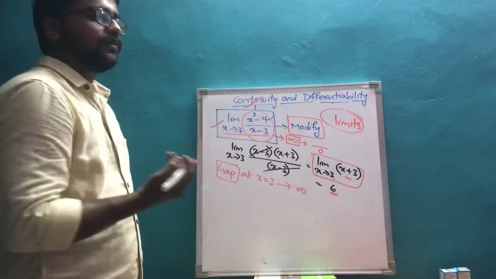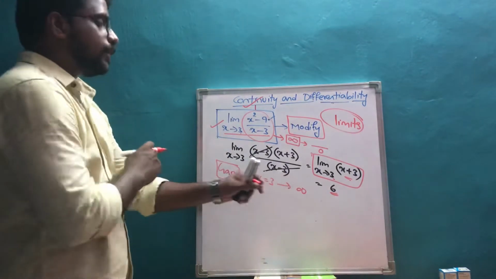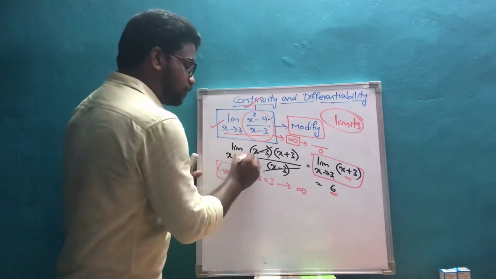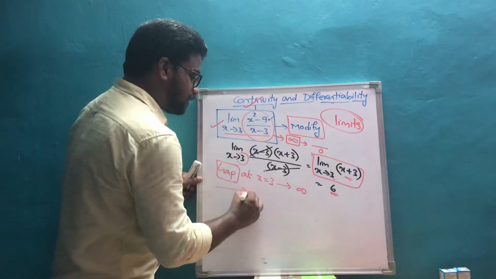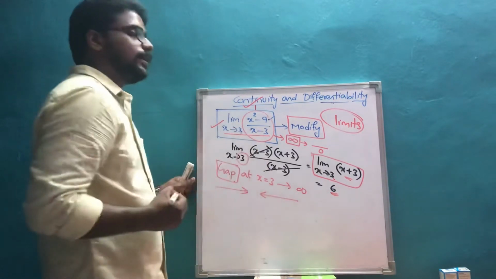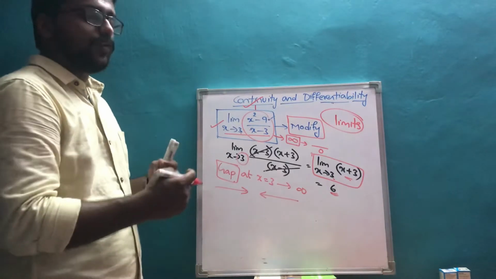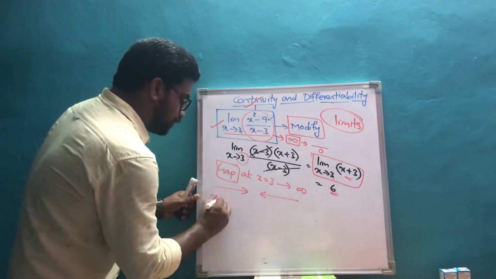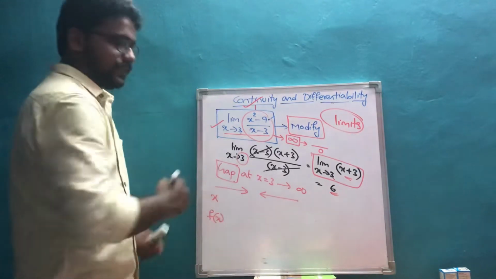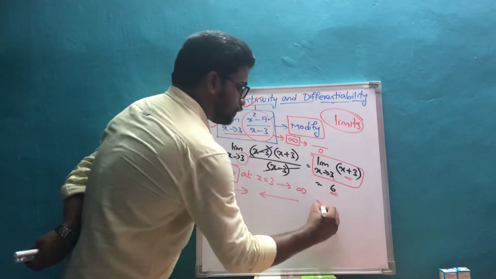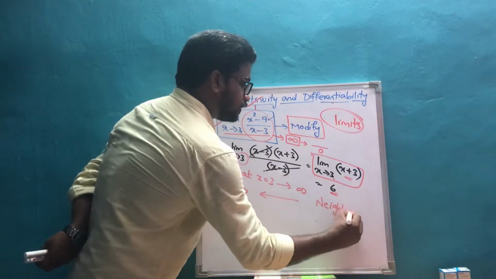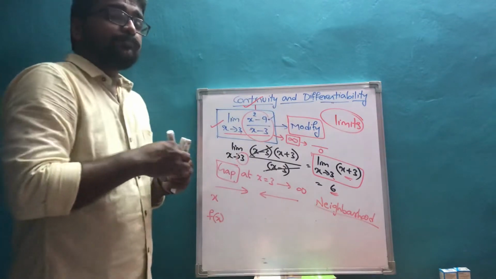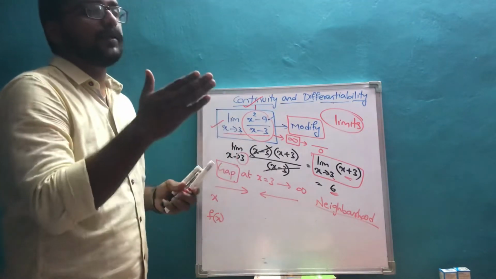We learned in class 11 how you are going to conclude whether this 6 is correct or not. We have to approach this 3 from the left hand side as well as from the right hand side, and find the function value to see whether it is also approaching the same value or not. If you observe here, this is x and this is f of x. This neighborhood concept is really very important as far as limits or the calculus part is concerned. Neighborhood means which is very close to that particular value.